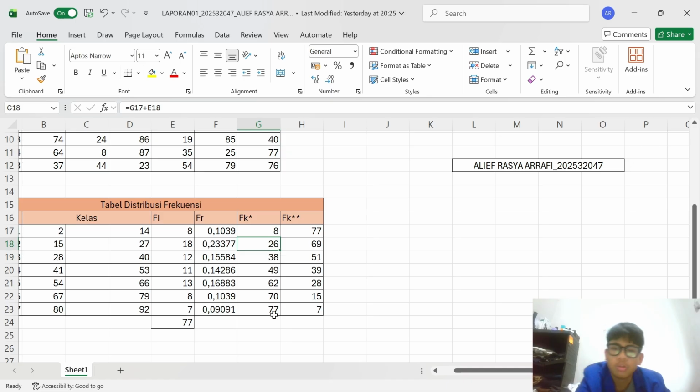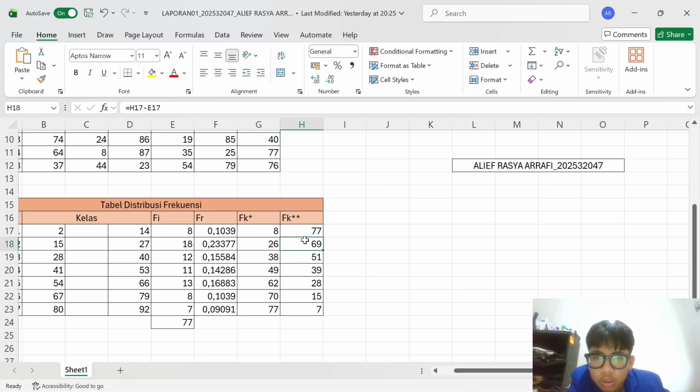Next, go to the upside using the same tricks. Next is frequency. We get data from the maximum data of the cumulative frequency.